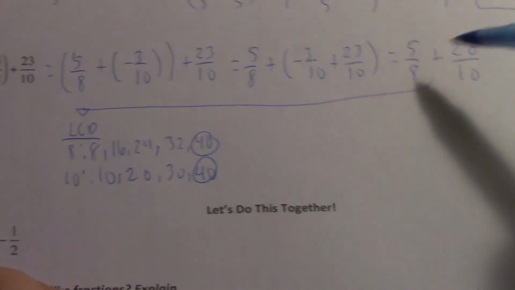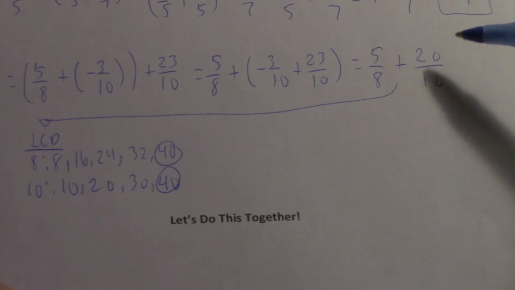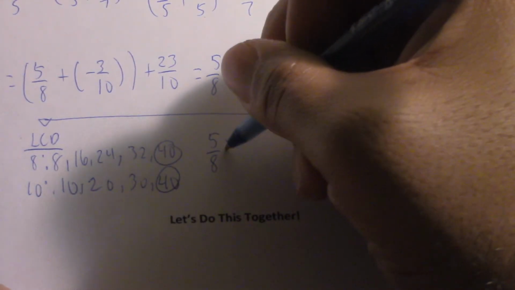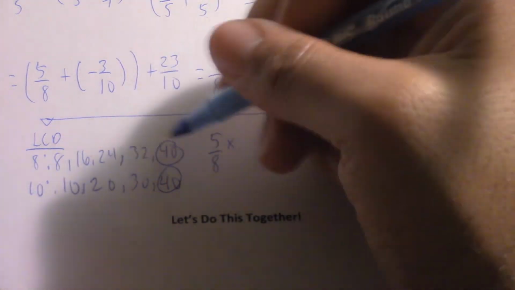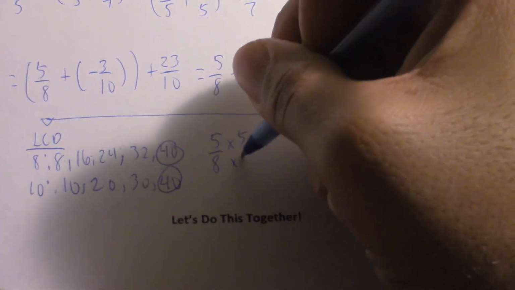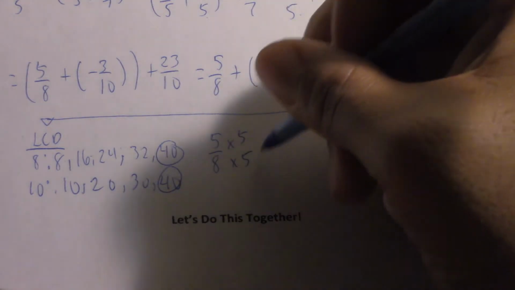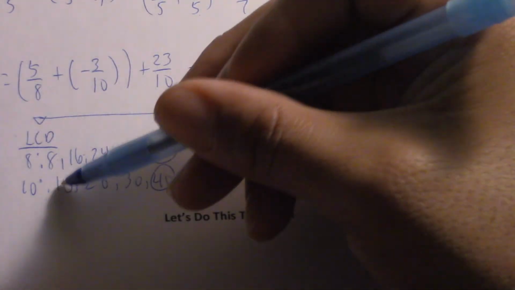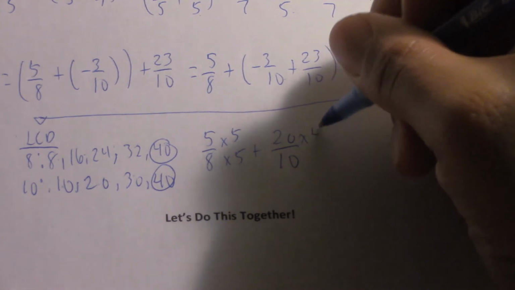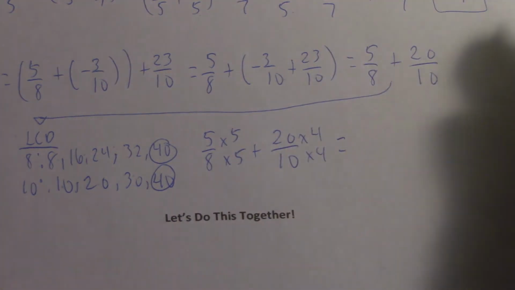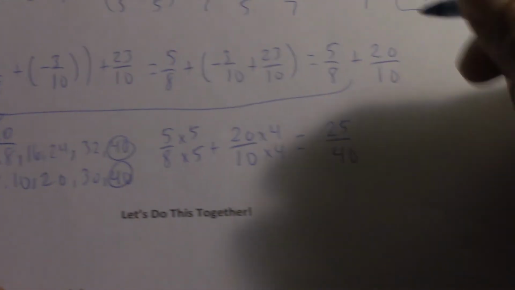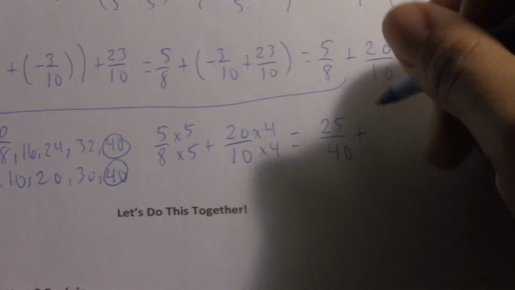So let's rewrite this, 5/8 plus 20 over 10, as 5/8 times 5 over 5, plus 20 over 10 times 4 over 4, to get 25 over 40 plus